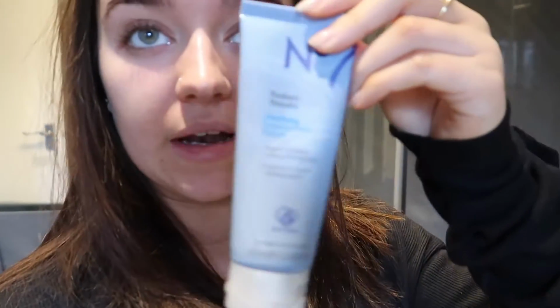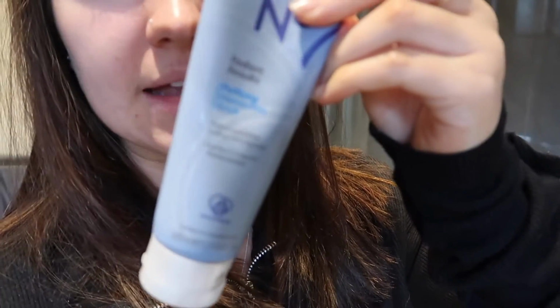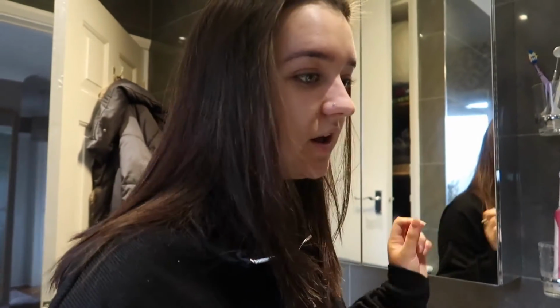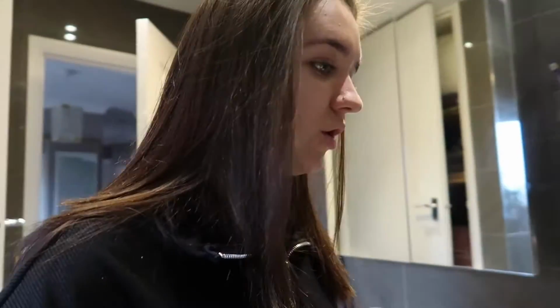And then I also use, because I got these the other day when they were on offer, the No. 7 Radiant Results Purifying Intense Pore Scrub, and this is like a really intense exfoliator, and I really like that too. So I've got that, and then one last thing I'll show you while I'm in my bathroom is